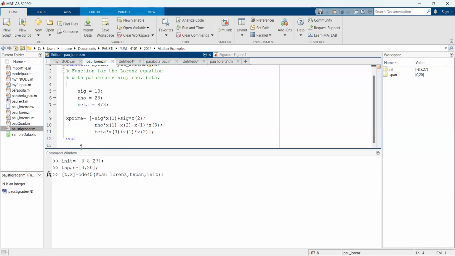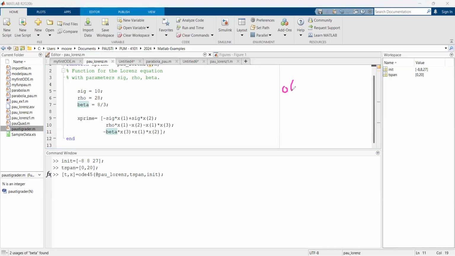Then what we need to do is run this function. How do you run this function? For every differential equation, you will need initial conditions, right? Here I call it init. So this is really the initial condition